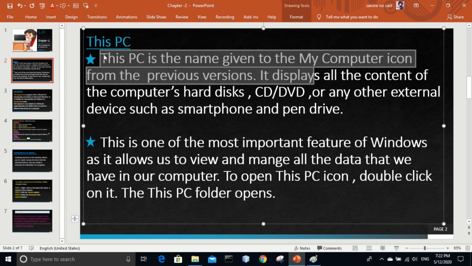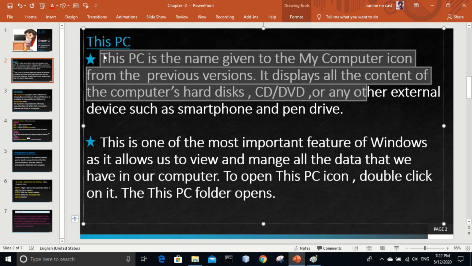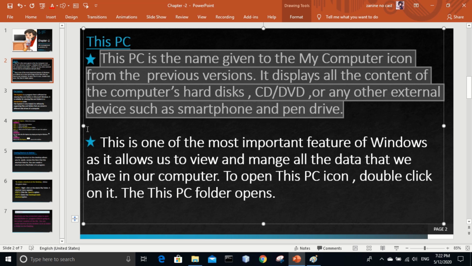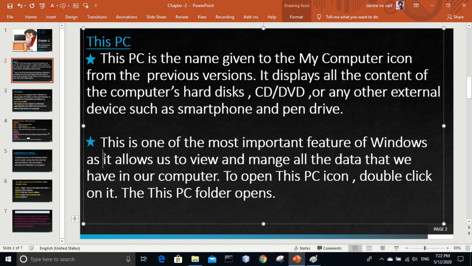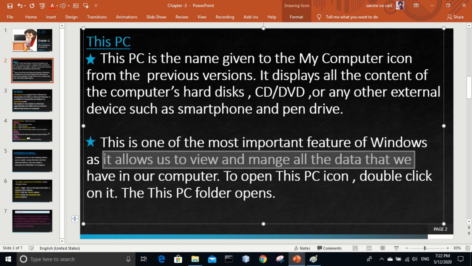It displays all the content of the computer's hard disk, CD, DVD or any other external device such as a smartphone and pen drive. And it allows us to view and manage all the data that we have in our computer. To open This PC, we just need to double click on This PC.